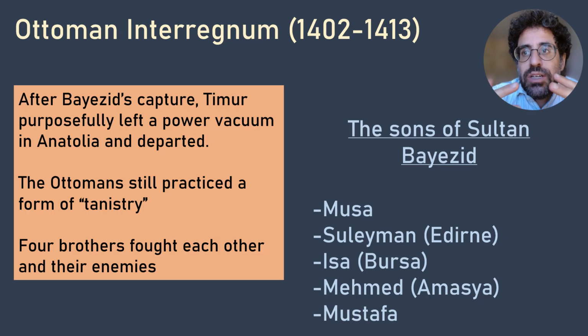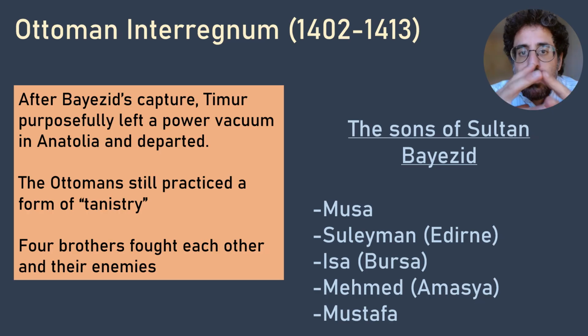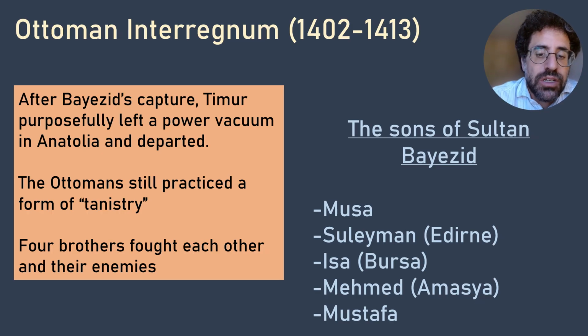And they basically could, but obviously the ones with stronger power backings amongst different factions in the court and the army, etc., were able to capitalize on that. But for the first year or so, there was a moment of power consolidation in which they had to figure out who's going to be on top. Now, the Ottomans took this to a different extreme in which not only any male heir could inherit, and often it was basically the sons, but whoever won basically had to kill his brothers. So in this case, you have 5 brothers, one of them is going to win, and he's going to eliminate